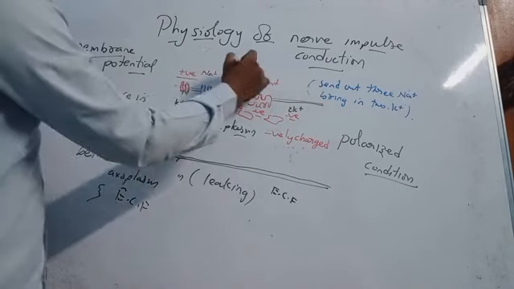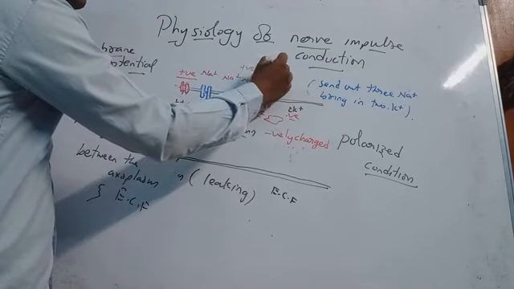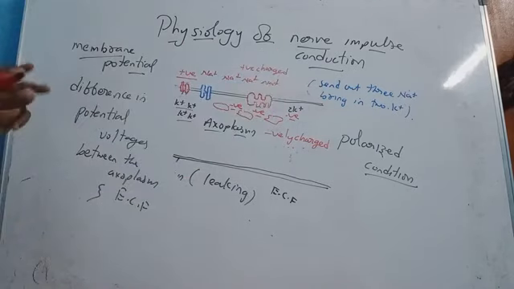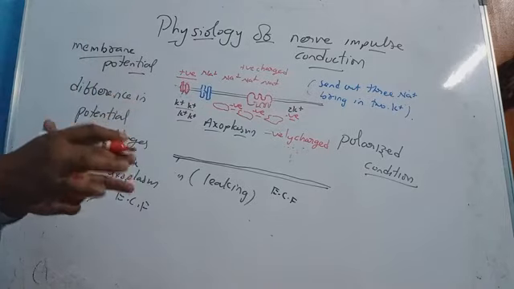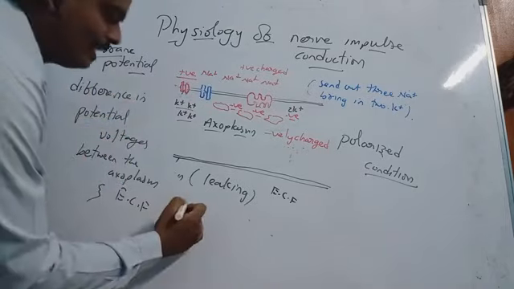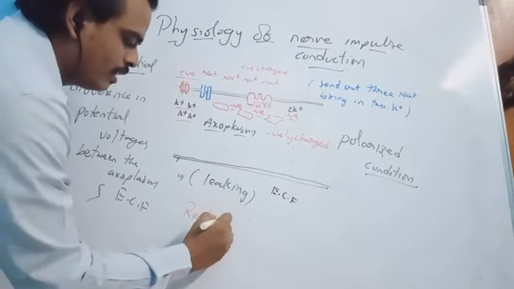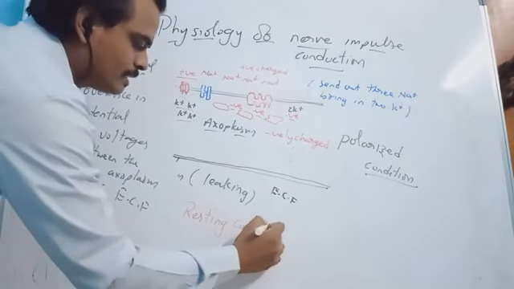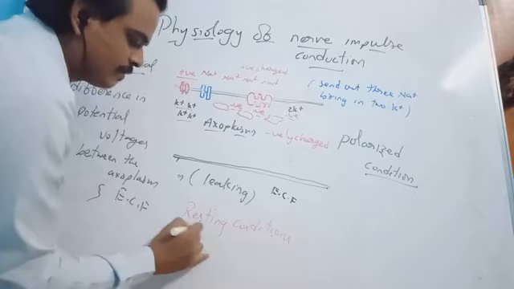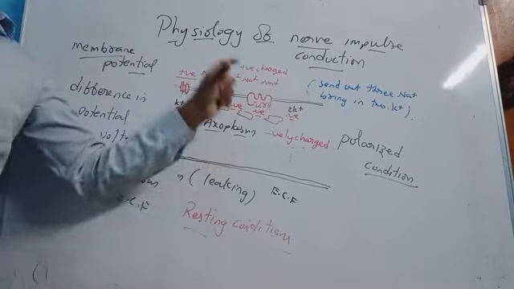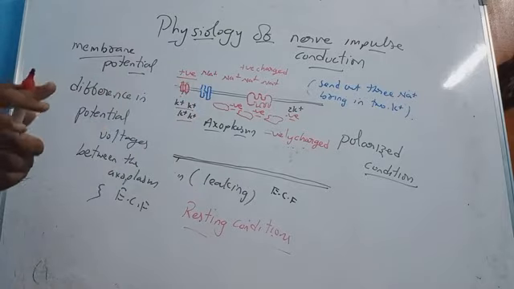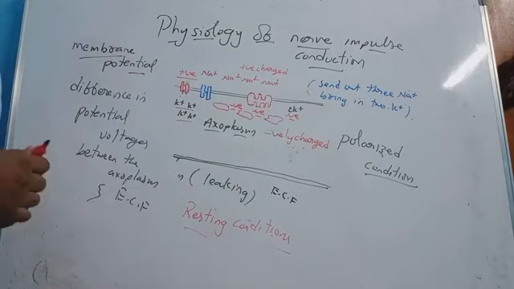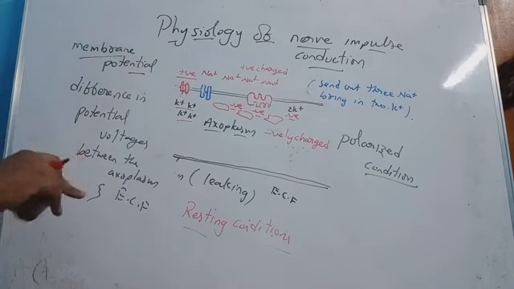Okay, and here it is positively charged. Now this is the polarized condition of the nerve, and in this condition the membrane is in resting condition. So here the membrane is not passing any nerve impulse. It is not having any signals. It is a resting phase where we have the polarized state of the nerve. That means it is ready for depolarization, but it requires some stimulus. But if it is in resting condition, it has this potential.